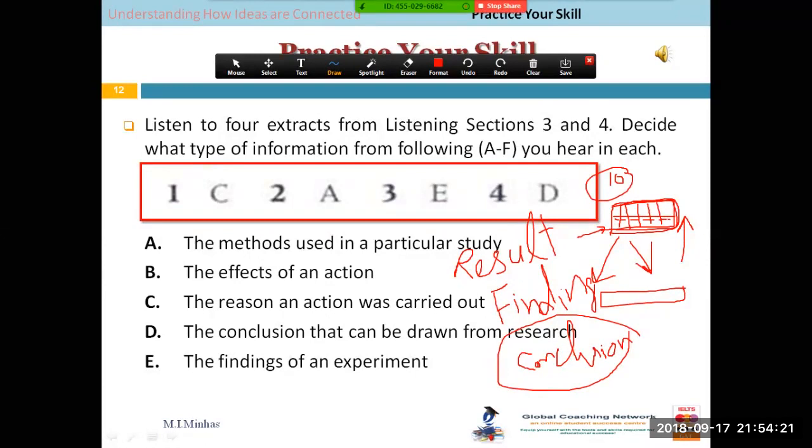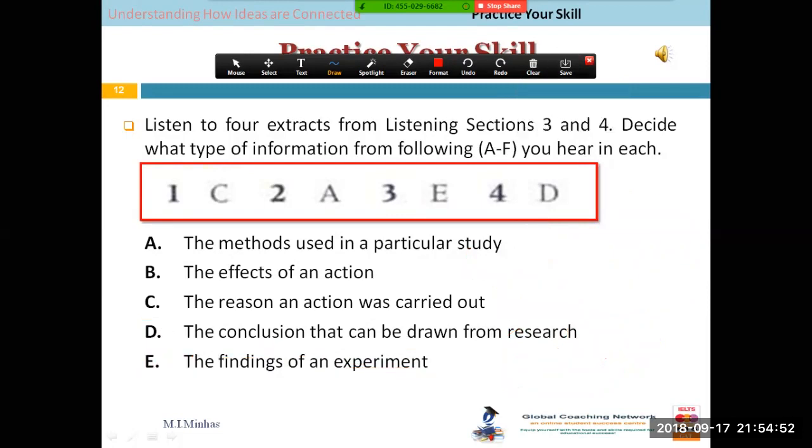So actually, there are two options. You may confuse them, to some extent. Now you see the findings of an experiment. We observed directly from the data that temperature is going higher. That's it. In these 10 cities, temperature was going higher. But from this, we concluded something else, that because of environmental factors or the climate change, overall temperatures are going higher. That is our conclusion, the conclusion that can be drawn from the research.